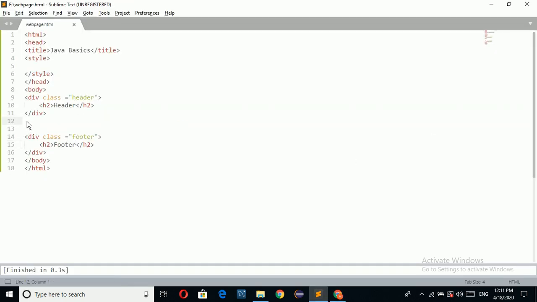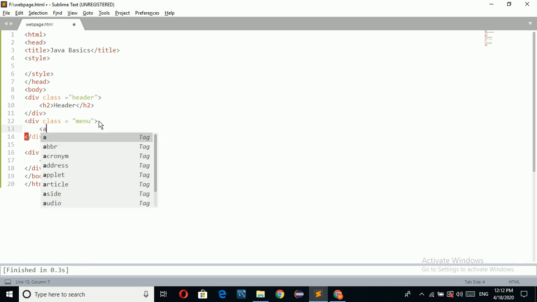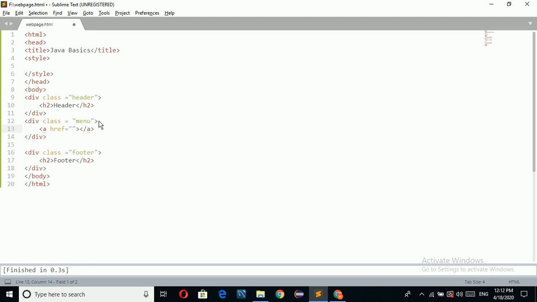Now I am going to create one menu, div class equal to menu. So in this menu I am going to take three hyperlinks.